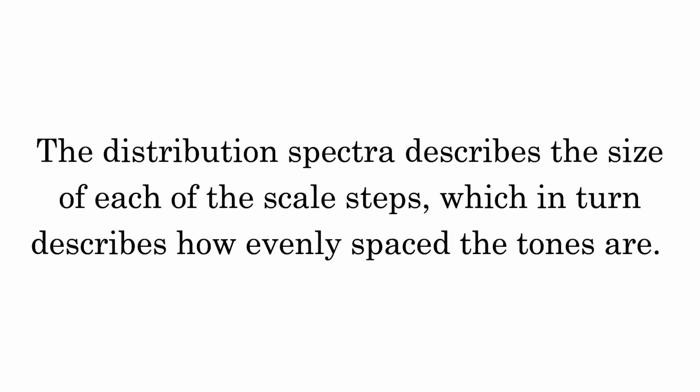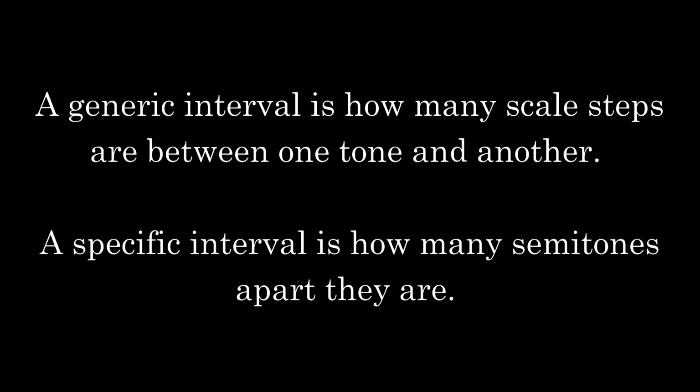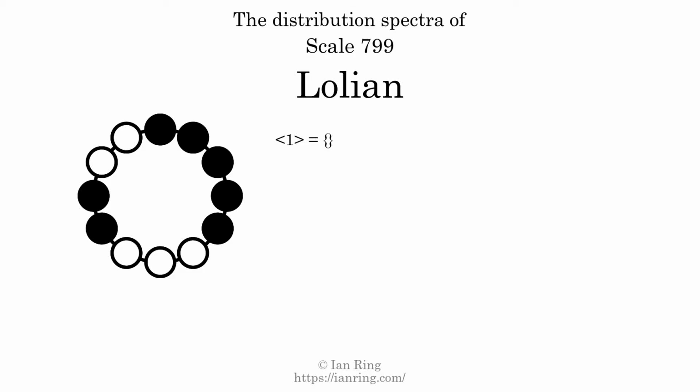The distribution spectra describes the size of each of the scale steps, which in turn describes how evenly spaced the tones are. A generic interval is how many scale steps are between one tone and another. A specific interval is how many semitones apart they are. The generic interval of one scale step comes in 3 different specific interval sizes: 1 semitone, 3 semitones, and 4 semitones. The spectrum width of this generic interval is the highest, 4, minus the lowest, 1,